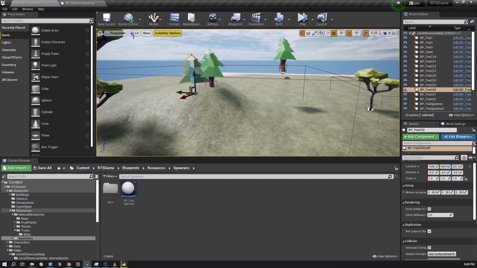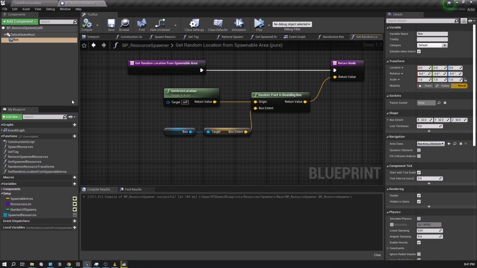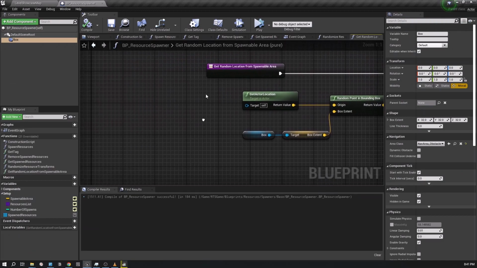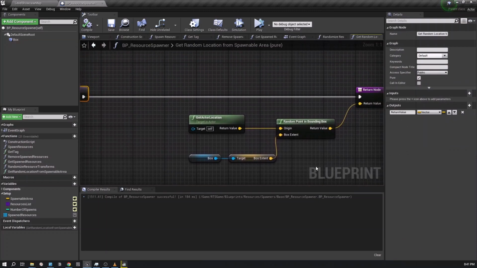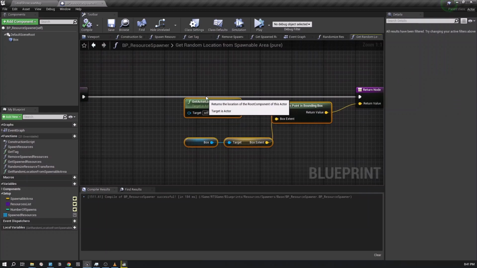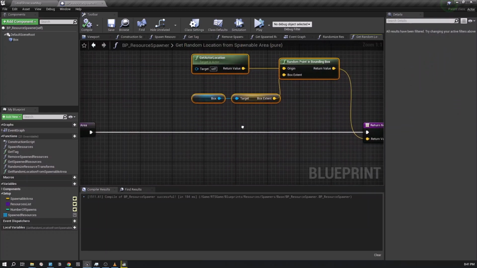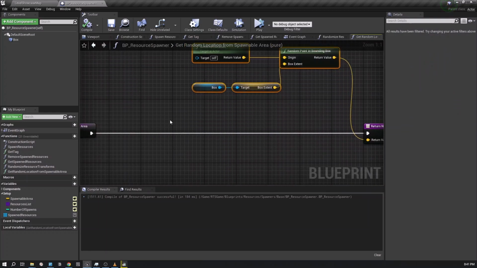That's the logic. Okay, so in order to do that, first we have to do a line trace, right? So just for now I will move this stuff over here,